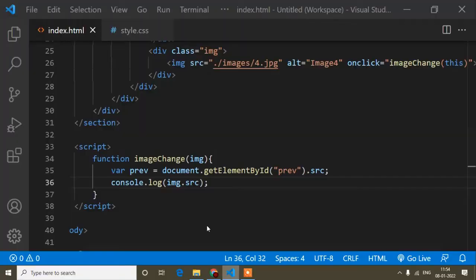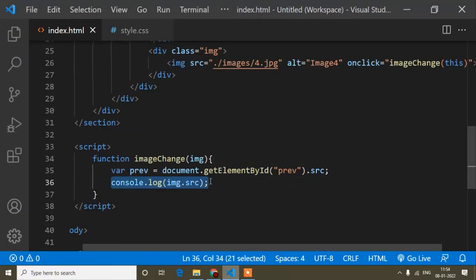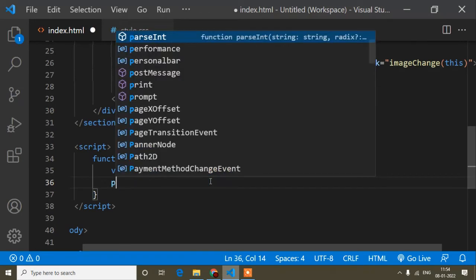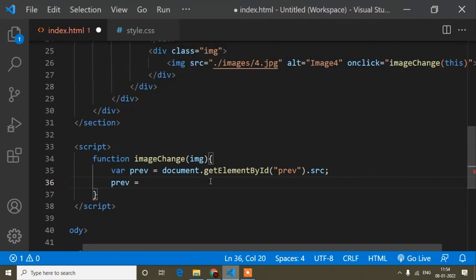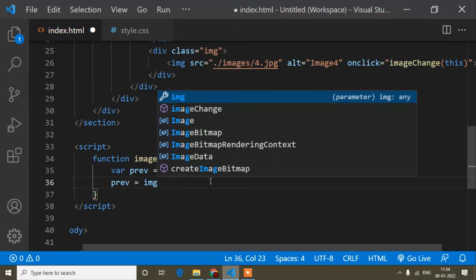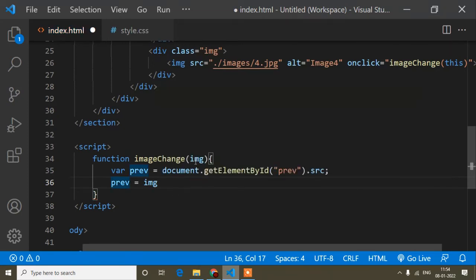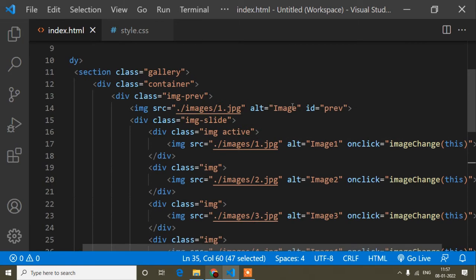Okay, what I will do is a very simple thing: this preview variable, I will just assign this image dot source. So, guys, one thing I have to change here in this id. Okay, id means this one.